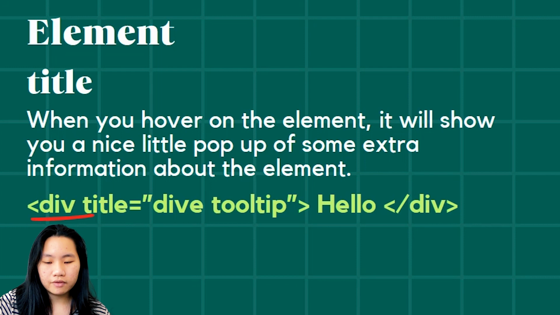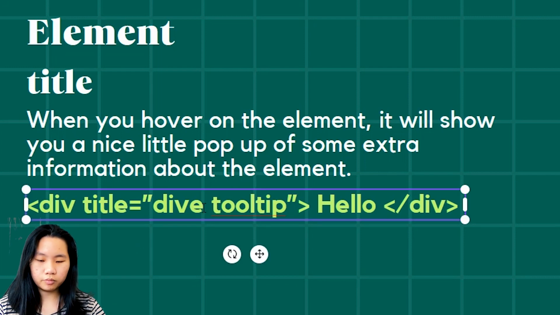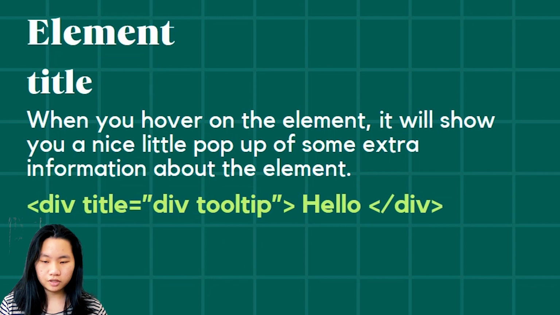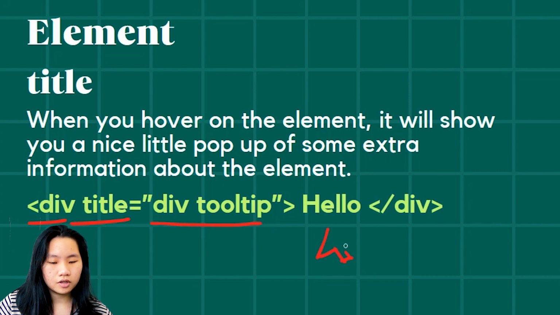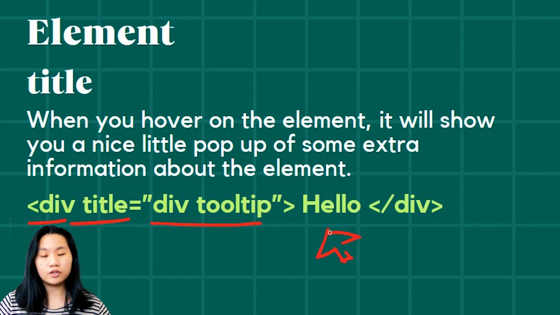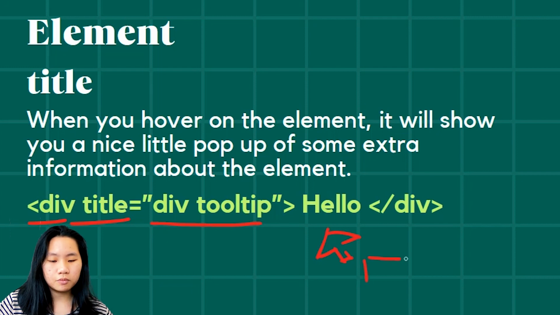So here we have a div tag and we have the title attribute. I've made a little mistake here, so I'm going to fix this real quick. All right. And I have the title attribute here for our div element, and it said div tooltip, right? So if you hover your mouse over this text right here in your website, there will be a little pop-up that says